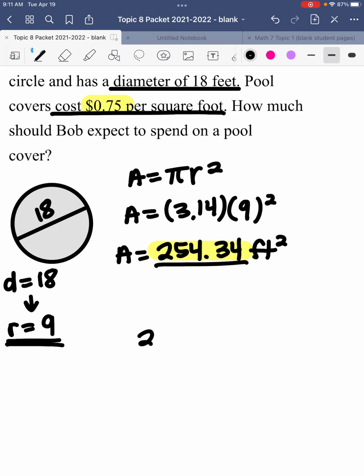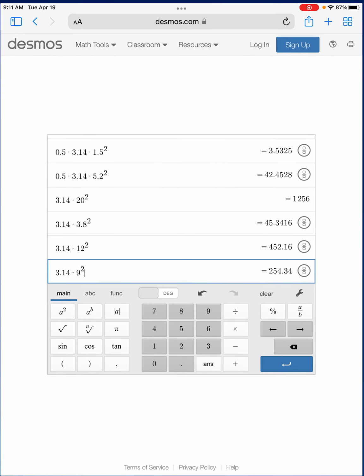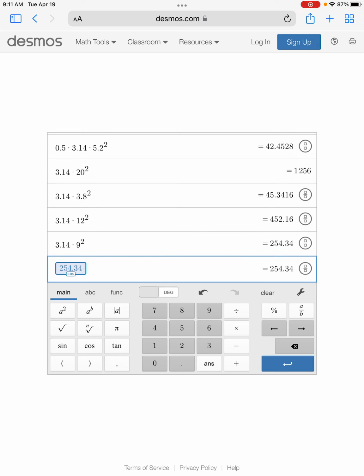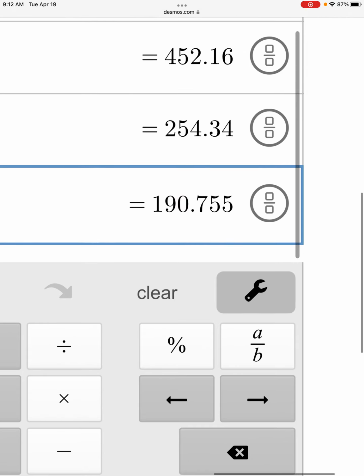So 254.34 times 0.75. And we're going to put that into our calculator. So I'm going to get back to my Desmos calculator here. I'm going to get a new line. And I'm going to hit this ANS button. That means answer, my previous answer. So 254.34 times 0.75, 75 cents per square foot. And I get this number right there,